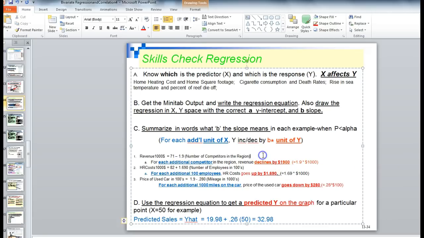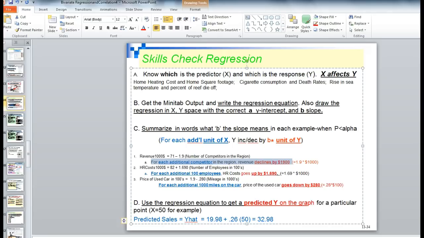All right, so let's interpret B. For each additional competitor, each additional unit of x, revenue decreases, that's a negative, decreases by 1.9 times $1,000 because revenue isn't $1,000. 1.9 times $1,000 would be $1,900. Does everybody see how we applied this particular equation to this example with the units? For each additional competitor in the region, revenue declines by $1,900, not $1.9,